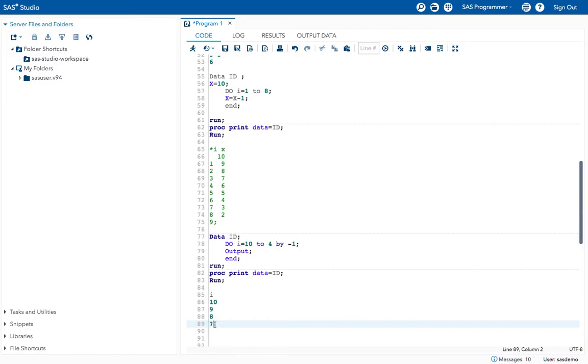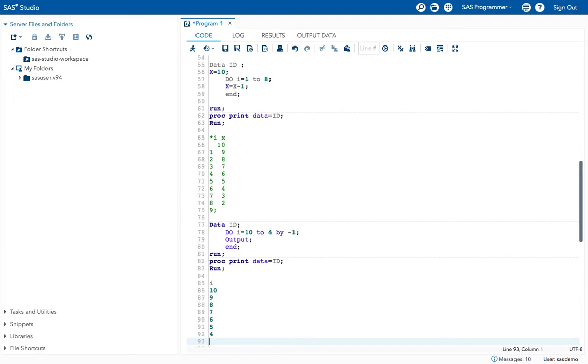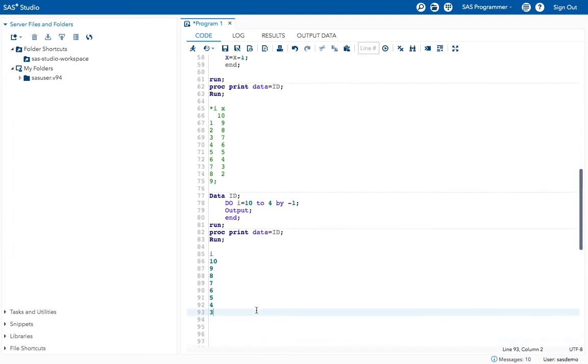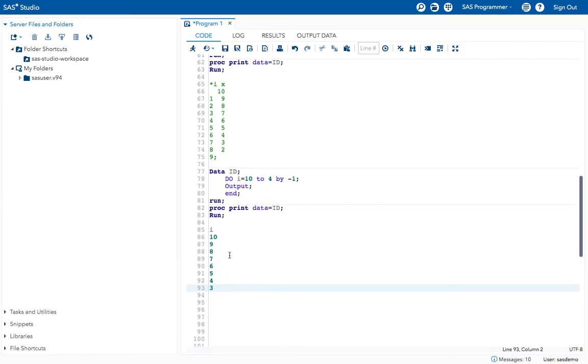Okay, sorry, 10 to 4 means it will do it until 4. Okay, 6, 7, 5, 4. Okay, when it comes to 3, the condition will become false and it stops the program. See, can I execute the program now?